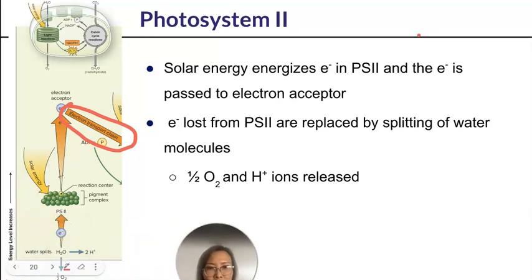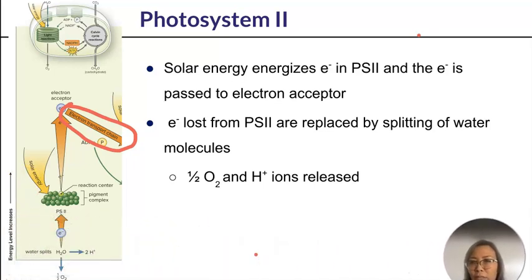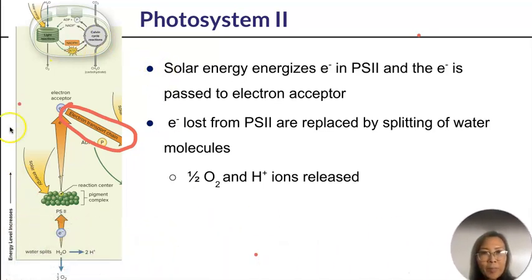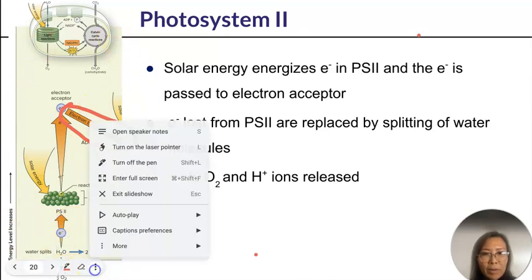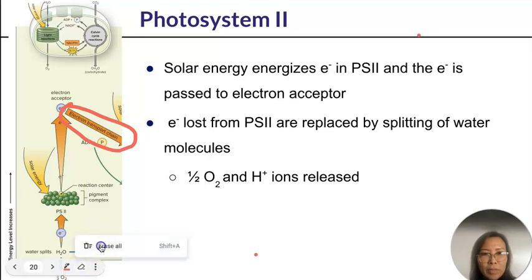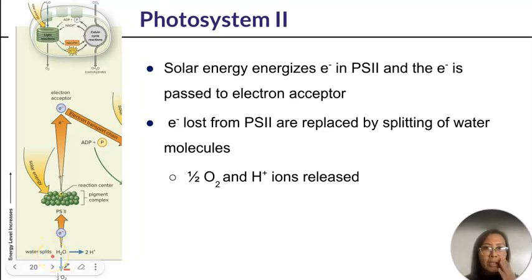So photosystem 2, as I mentioned, is the first one to be involved. And again, we talked about how the electron comes from splitting of the water, right? The photolysis. This is occurring in the thylakoid membrane. Just recall that this is in the thylakoid membrane. So the thylakoid